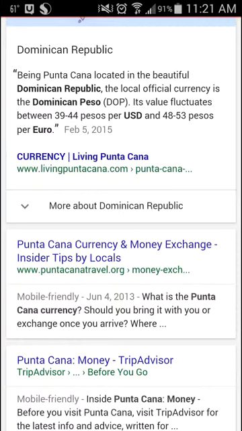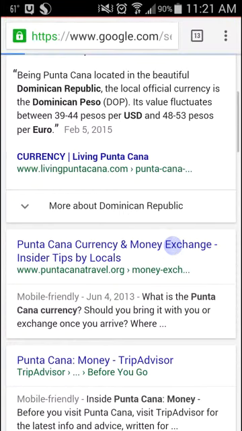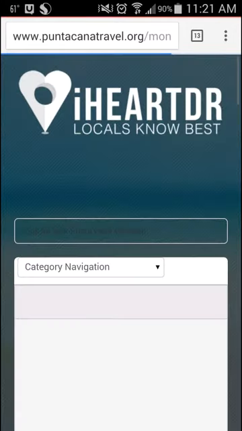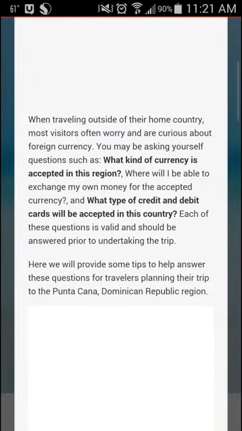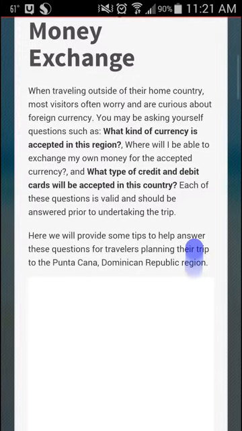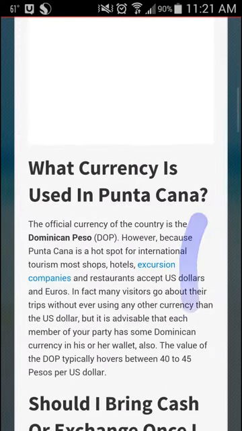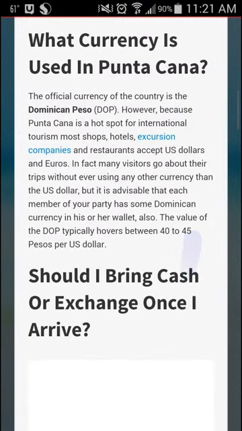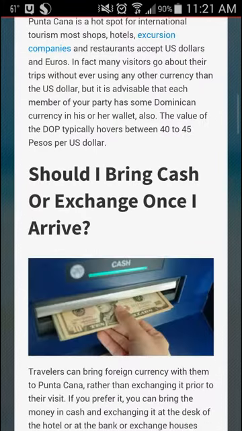There's also puntacanatravel.org. I'm going to click on that to confirm. Alright, what currency is used in Punta Cana? The official currency of the country is Dominican peso. However,